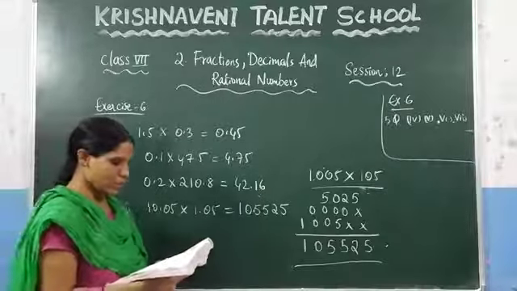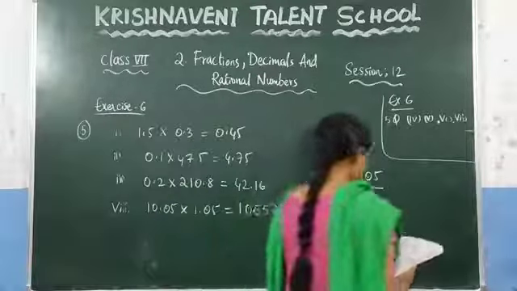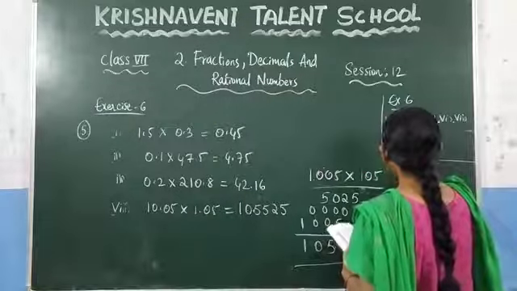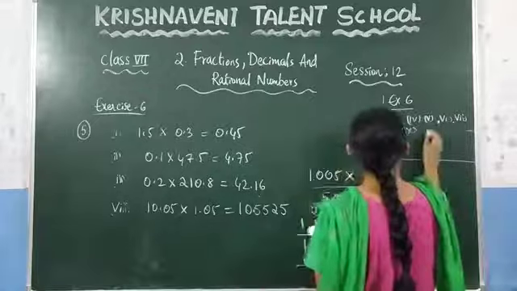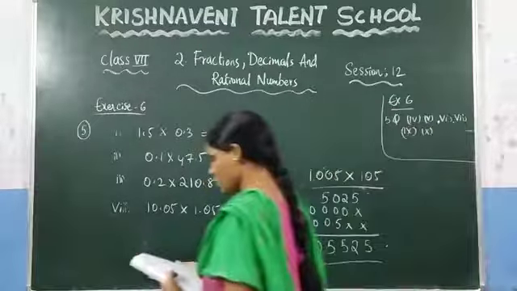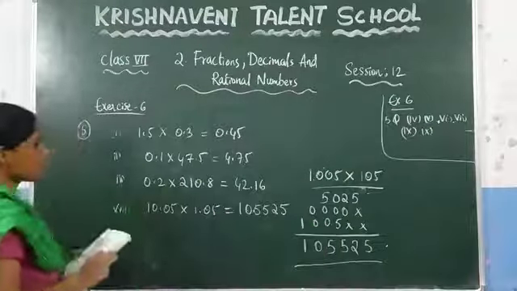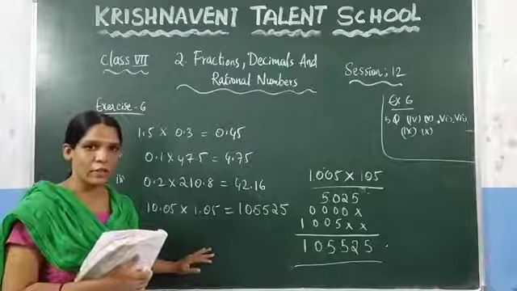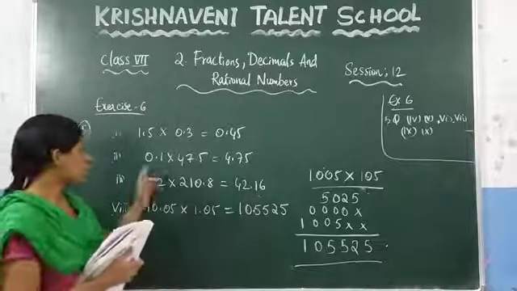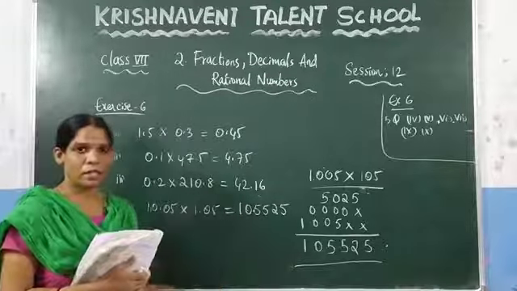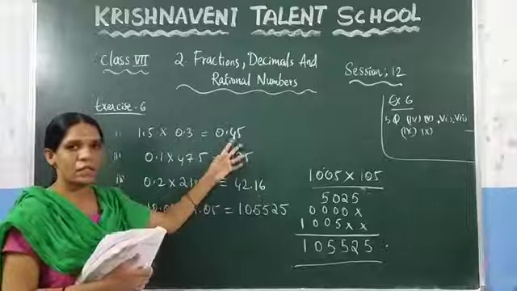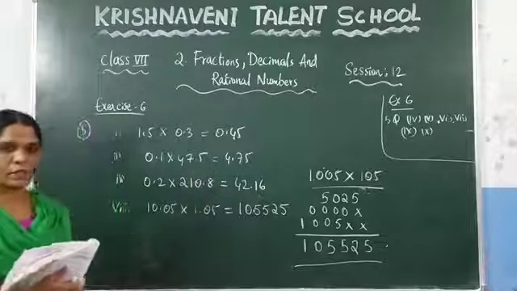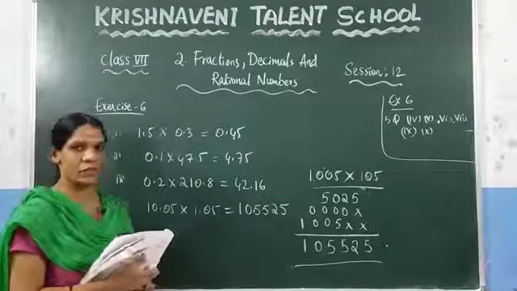Now see the 10th question. This one you can do as homework, and the 9th question you can do as homework, and the 10th question also you can do. Like this you need to make the product of the two decimal numbers. How do you do? Just leave the decimal point and find the product of the given numbers, and after that, count how many numbers are there after the decimal point, and starting from the right, that many numbers you need to put. Before that you need to keep the decimal point. Like that you need to make the product of the given decimal numbers.